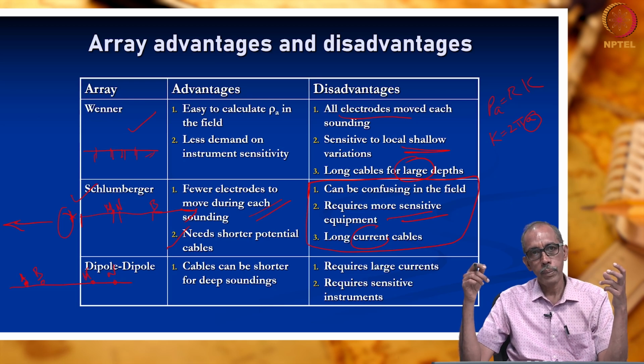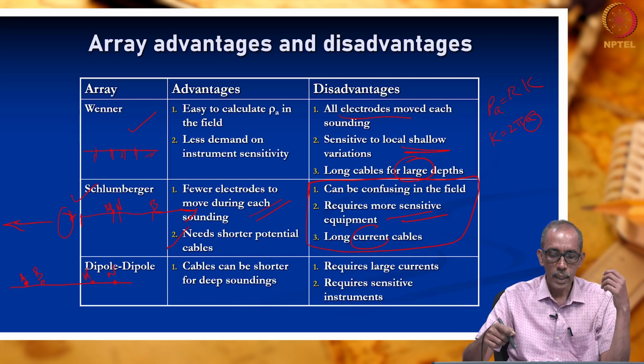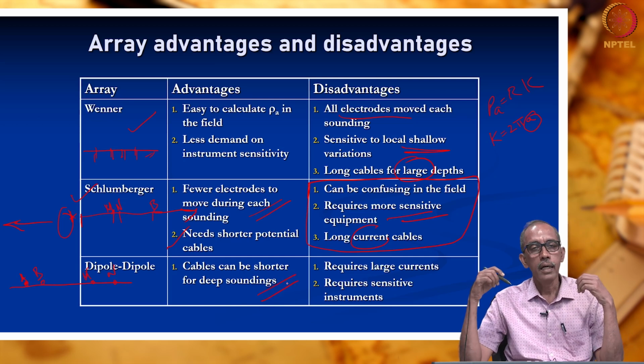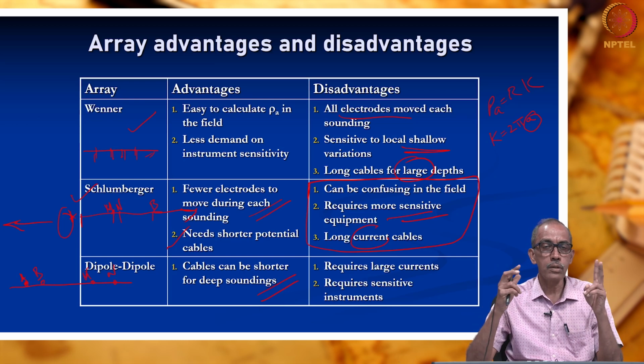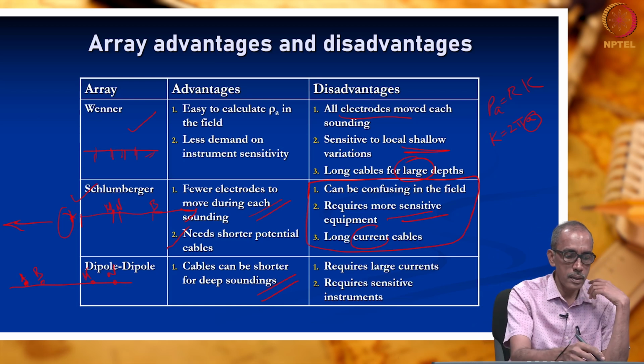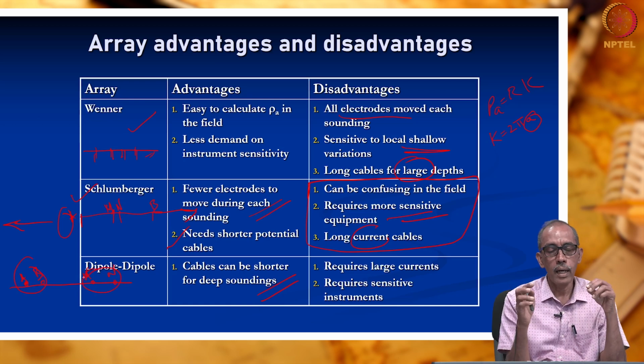So, dipole-dipole arrangement is of greater advantage, especially as cables can be shorter for deeper soundings, right. These 2 pairs will be kept at a closer distance, hence the distance between the A and B electrodes and between the M and N electrodes is very small,